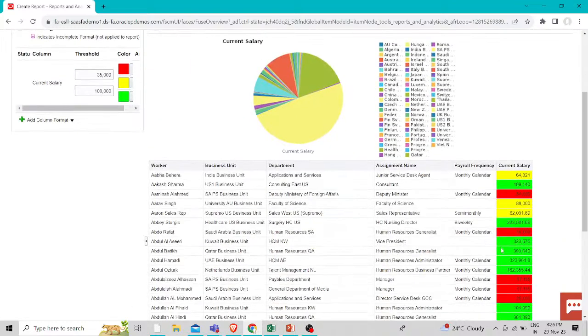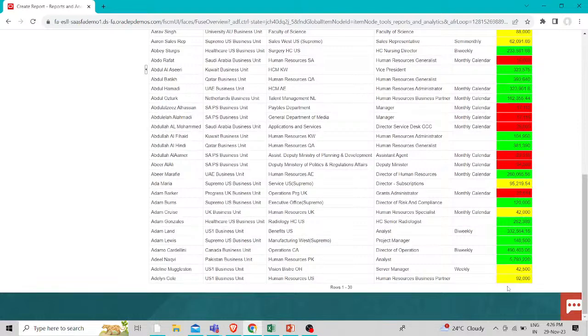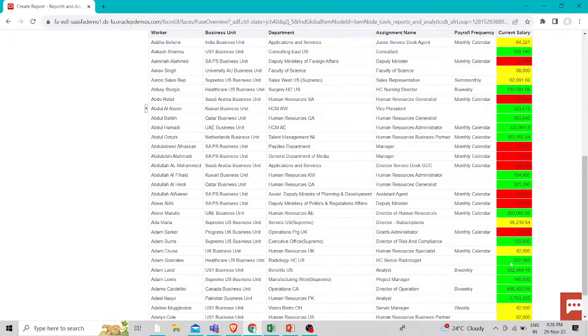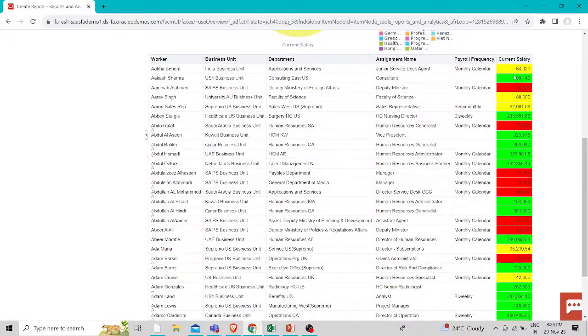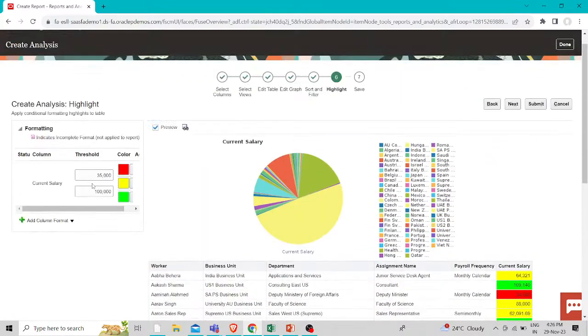Okay, now you can see the data which is greater than or equal to 1 lakh is in the green color, and which is less than 35 is in the red color, and between that is in the yellow color. Okay, for example, I paste this value here